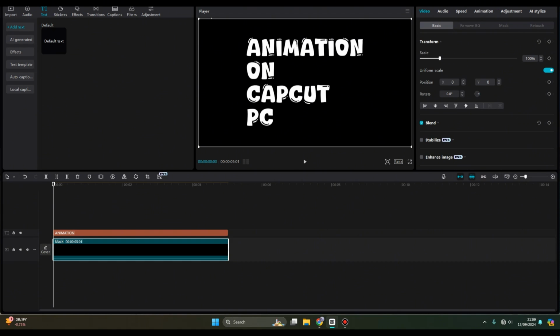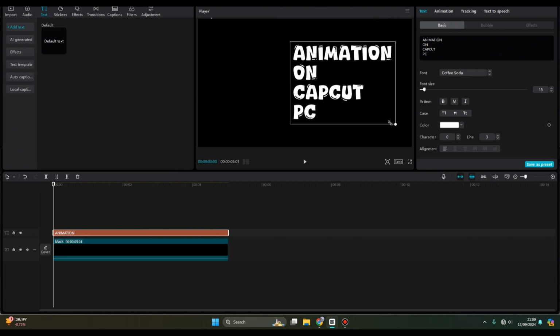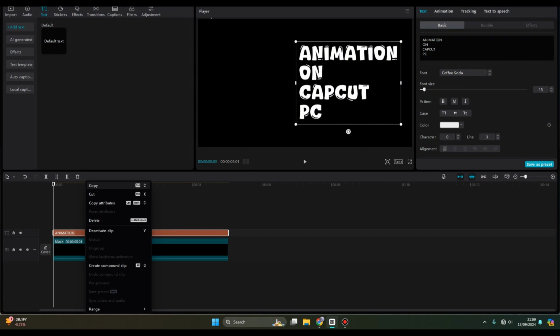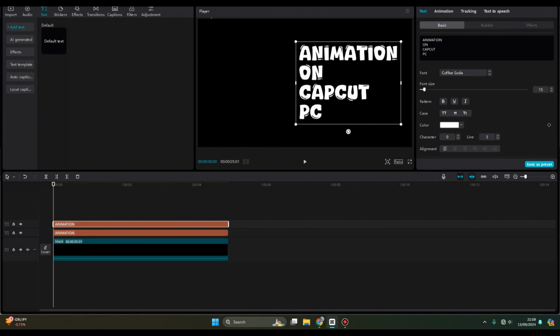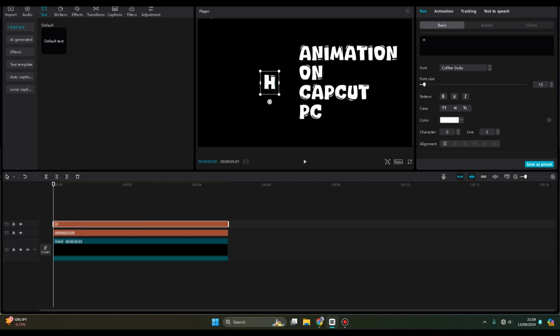You can position the text. I'm going to go in here like this and then duplicate the text. So copy and paste, and on the second one in here you can just write the text that you're going to put on the left. I'm going to go in here,